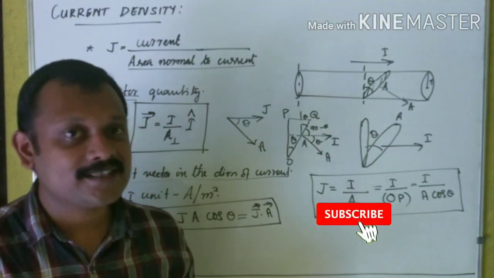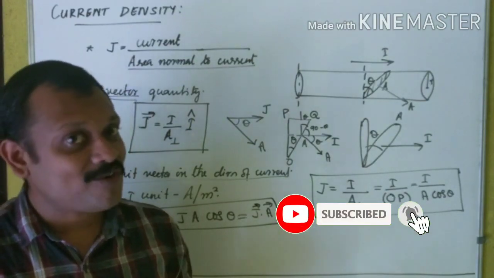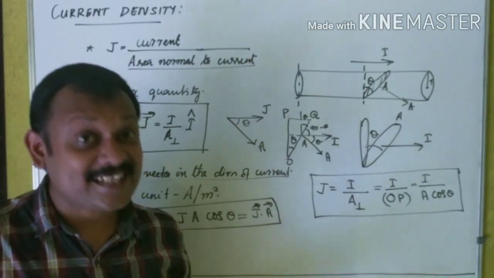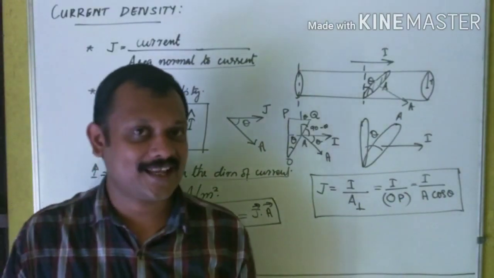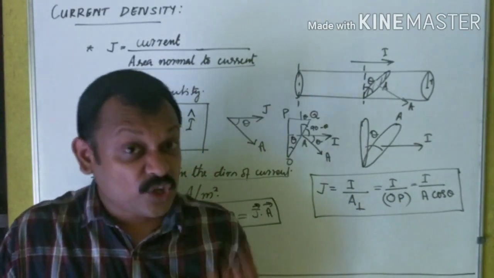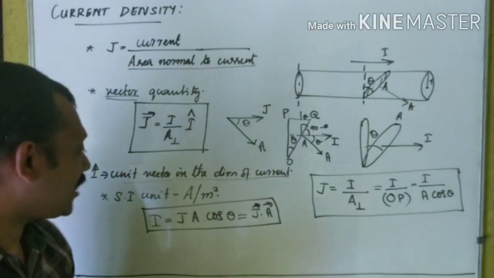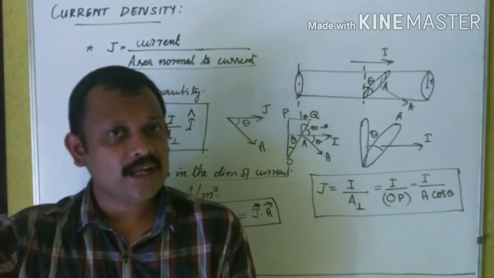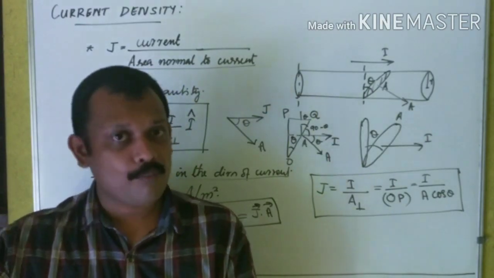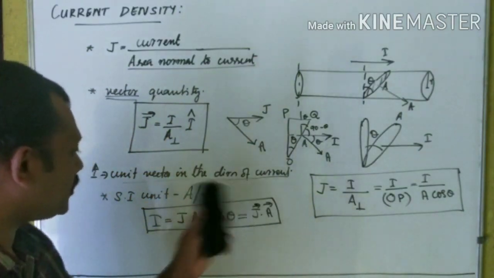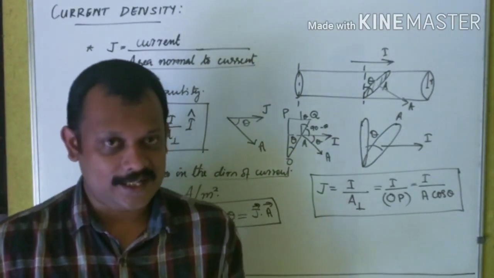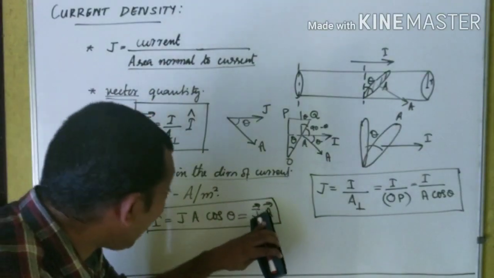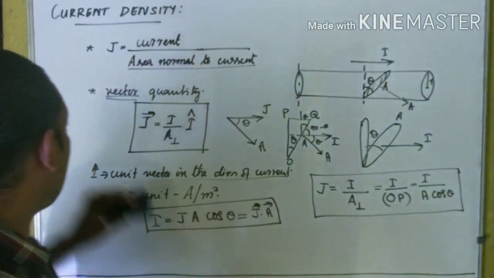In many situations I have heard that current is taken as a tensor quantity. I'm sorry, it's a tensor of degree 0. That is what is called a scalar quantity. A tensor of degree 0 is what is called a scalar quantity, but generally tensors are considered to be quantities with degree 2 or more. But here you have to understand that electric current is a scalar quantity, because it is obtained as the scalar product of current density and area.